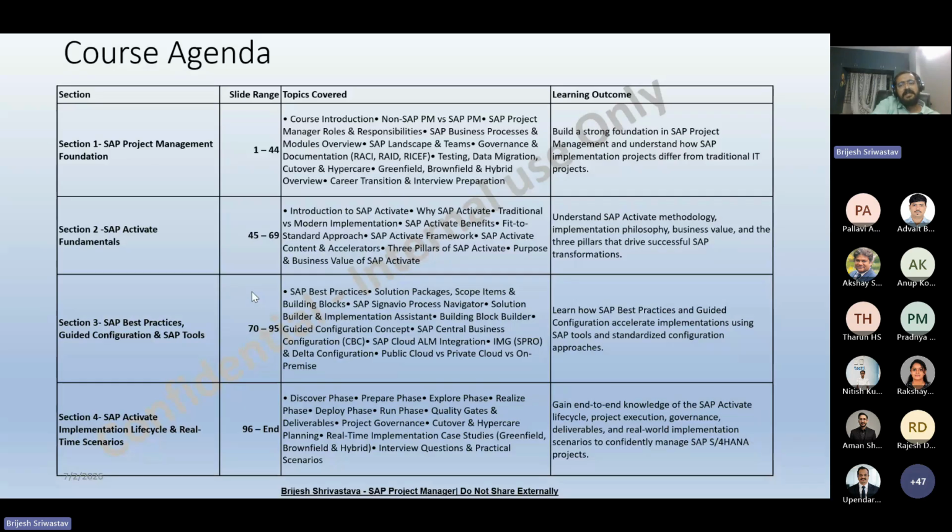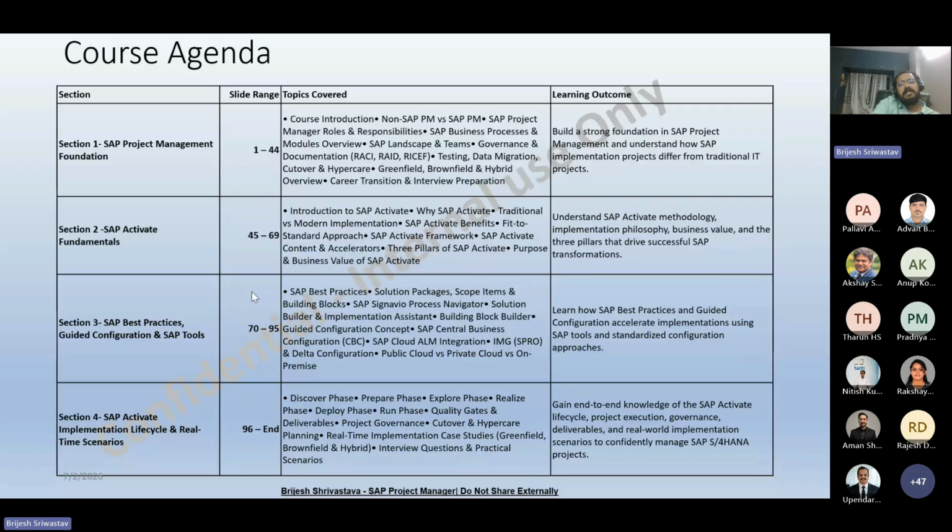Section 1, you can see, is SAP Project Management Foundation. In the first section, we will build a strong foundation. We will start by understanding the difference between an SAP Project Manager and a non-SAP Project Manager, because many professionals think project management is the same everywhere. However, SAP projects are quite different from a traditional IT project.